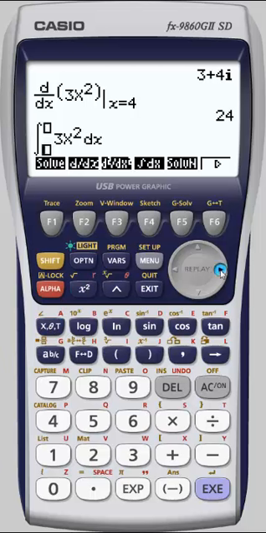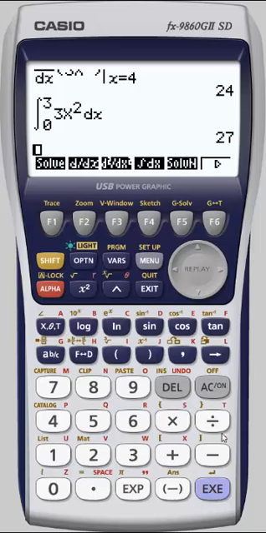If I press right, it will give me, so this is 3x squared from what value? Let's say 0. Right to 3. Execute. Once again, I hope you notice that by pressing the right arrow, it sort of tabs through all the locations in the template that need to be completed.